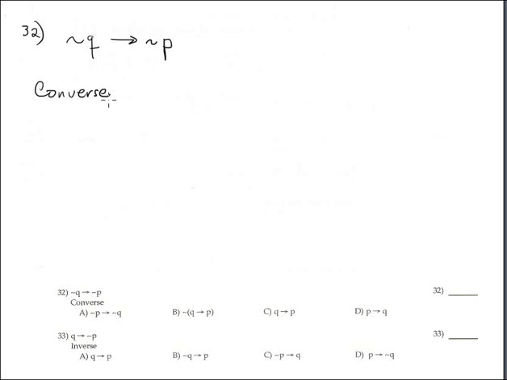The converse is super easy. The converse, the only thing you should do is switching. So you change the antecedent for the consequent and the consequent for the antecedent. So the answer is negation P, conditional negation Q. Okay, corresponding with the